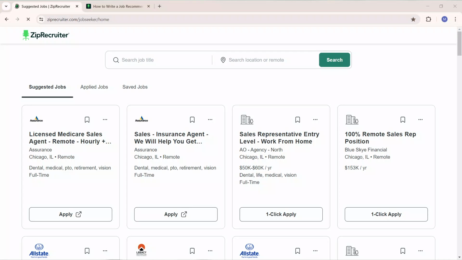Hello, in this tutorial I'll show you how to clear notifications on ZipRecruiter. Now the first thing I'd like you to do is to launch your ZipRecruiter job seeker account, which of course